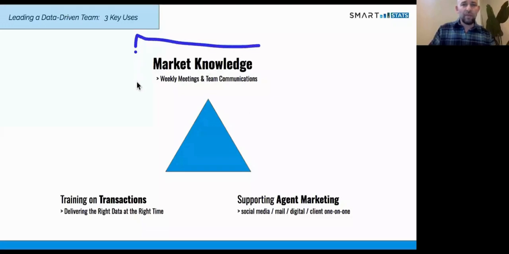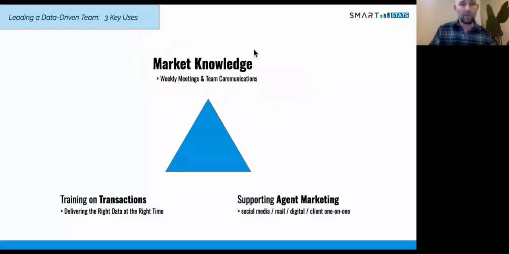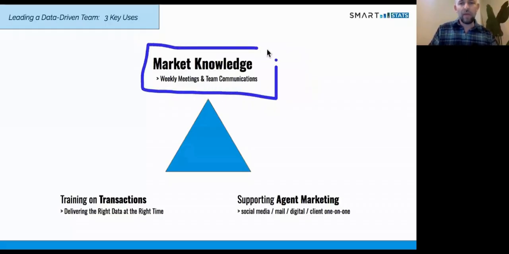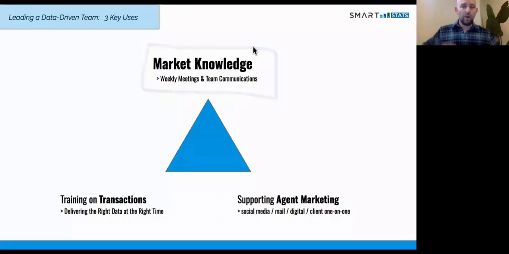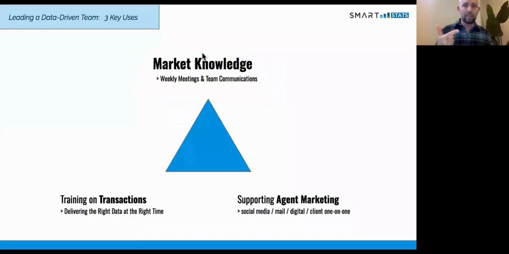The key, top level of application of this whole tool is really market knowledge, right? I think you can agree that you have your area of business where your team or office is working, and you have an imperative to track that market, understand that market, lead the team in terms of how to interpret what's going on and bring it out to your team. So we're going to focus in the beginning on this and give you some bullet points of how you can quickly get the high level stuff and bring it out to your folks.